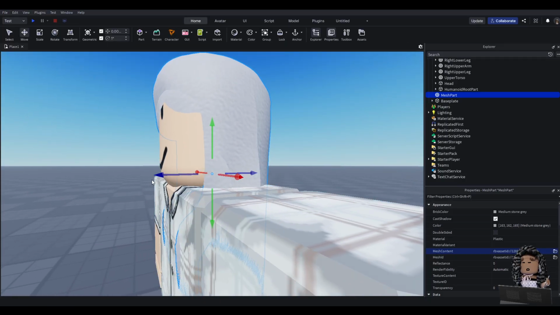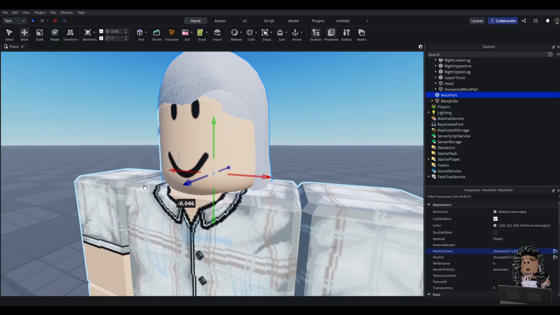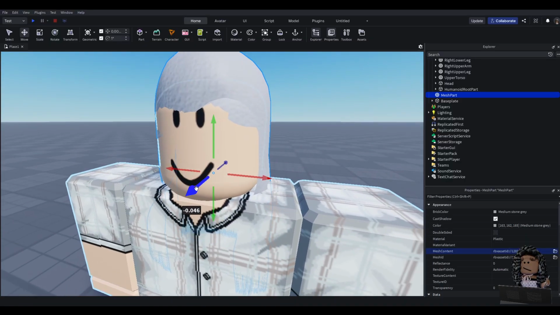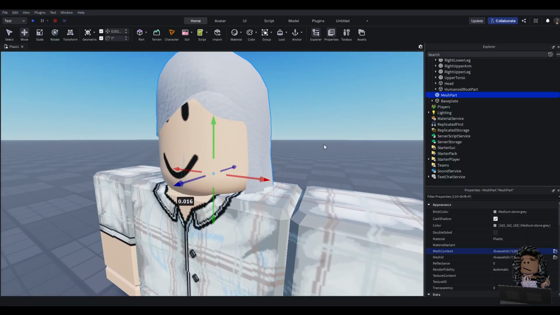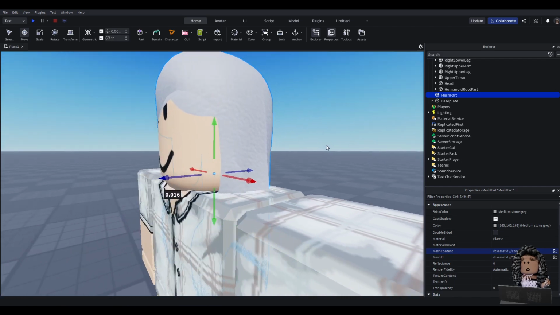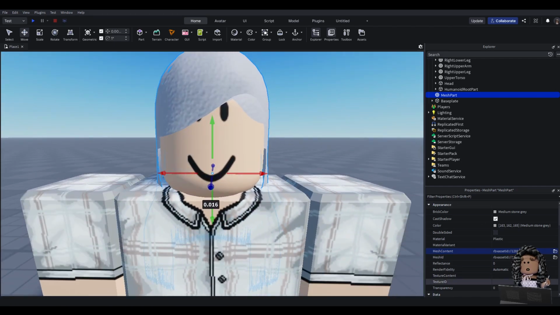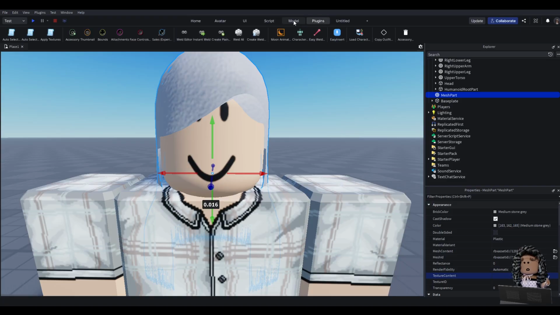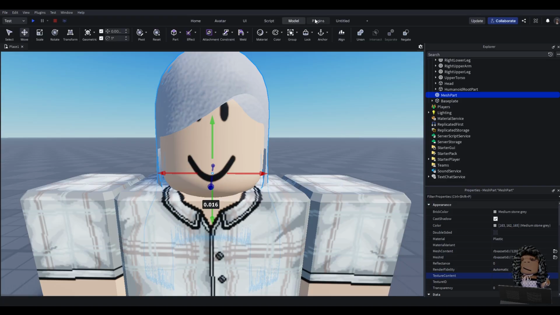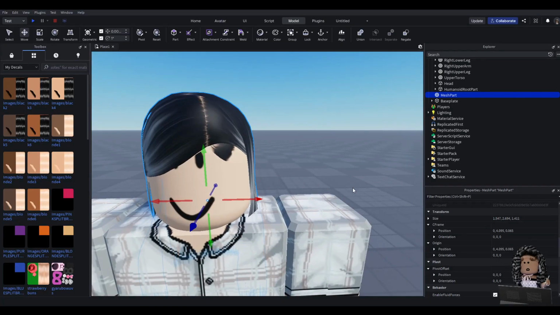It's looking a little thick at the front. I just want to make sure that's not on my end. So I'm gonna move it some more back, and I'm also gonna upload a quick texture. It's not gonna be the actual texture. I just wanna be able to see the hair and not have it be gray. Okay, so